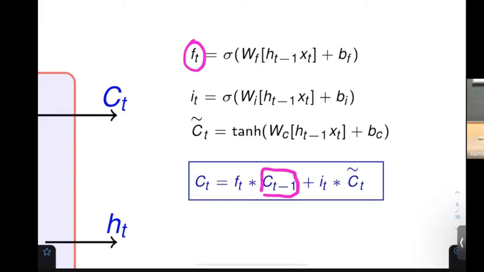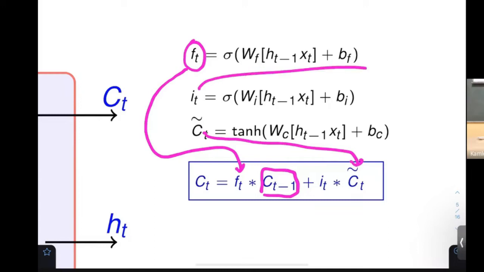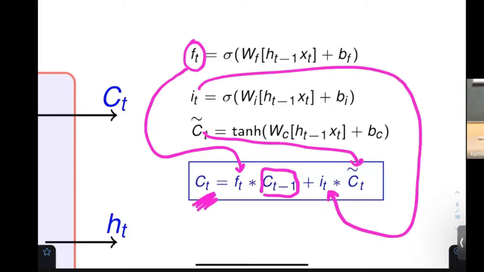C(t-1) was the previous value. And this multiplying factor is going to be multiplied over there. Here I was adding something, so the tanh part actually tells what is the direction, and this thing tells what is the amount. By this I got the new context. Everybody okay with that? Everybody should be happy and okay with that.